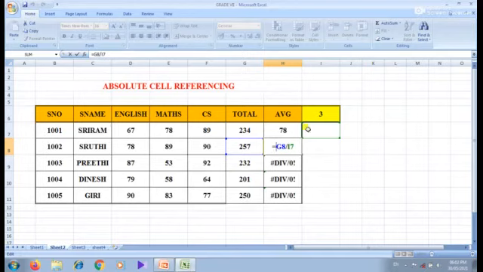I have to use this value for all the cells. So I have to copy only this cell value. That cell reference contains the value 3, no? So what we have to do is lock this value. After that, if we copy that formula, we will get the answer. I have to use the value 3 given in cell reference I6 for all the cells. So that is the best idea here. I have to use